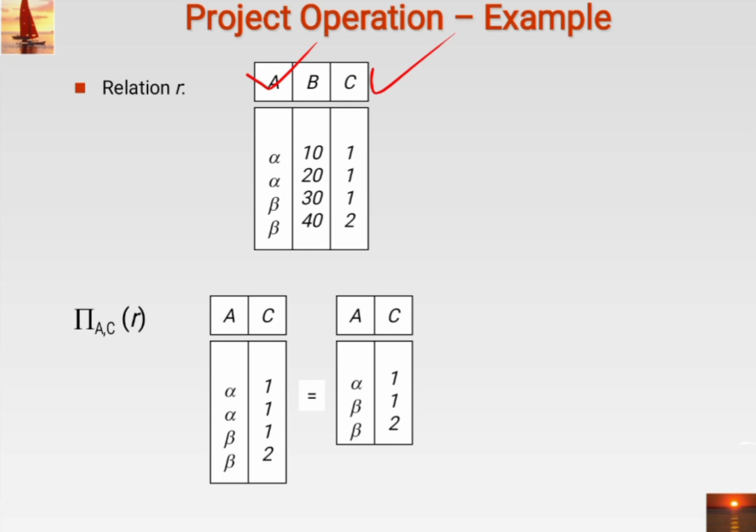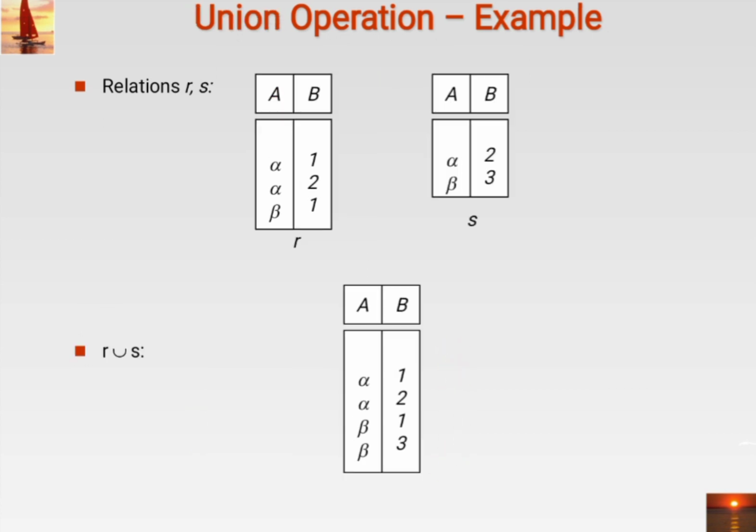So you can see here I am having a duplicate entry. The first entry is alpha a1 and alpha a1 is replicated, so one is removed. That's why here you can see there are 3 tuples, right? So the next one, union operation. You know this, what do you mean by union? And we already indicate it with the union operator, right?